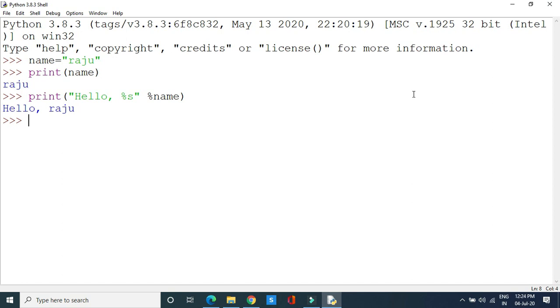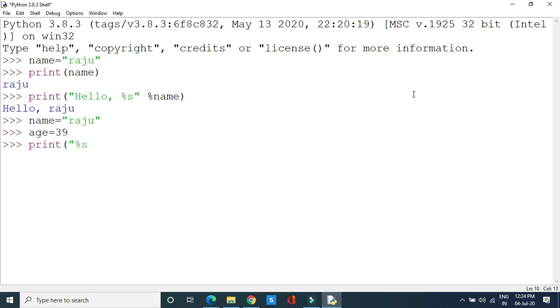Let us take one more example. In Python, it is also possible to use two argument specifiers at the same time. For this one, let us consider the example. I am taking one variable with his name Raju and another variable with his age. Now, by using string formatting, I want to display the values of name and age by telling that Raju is 39 years old. In this case, I want to represent the string like this.